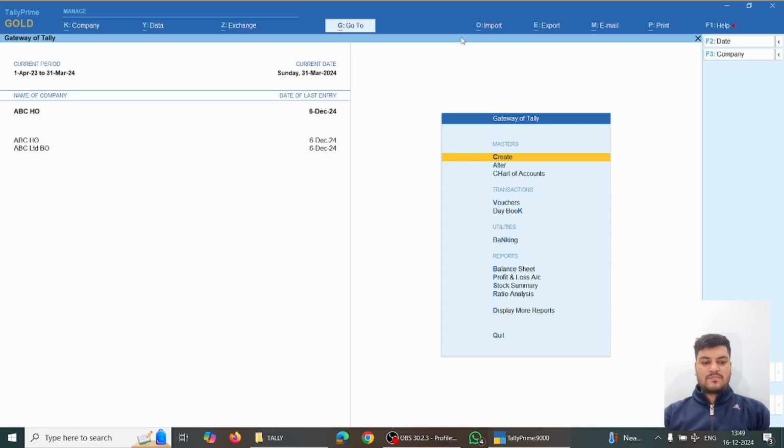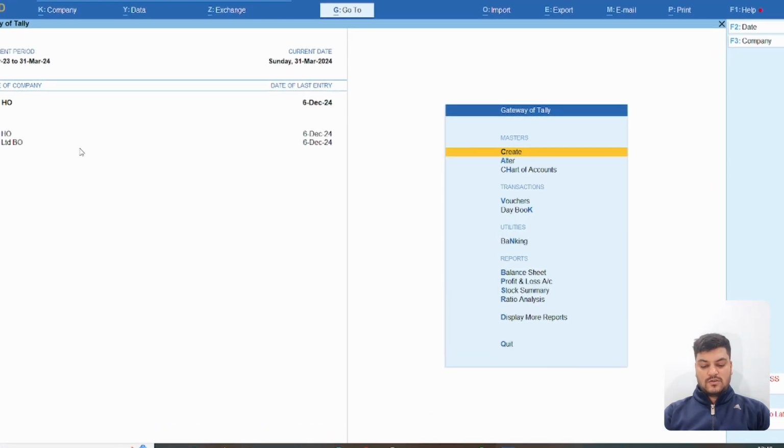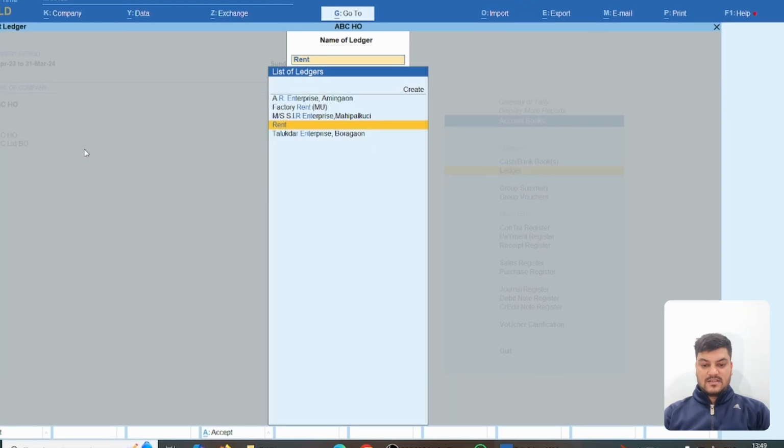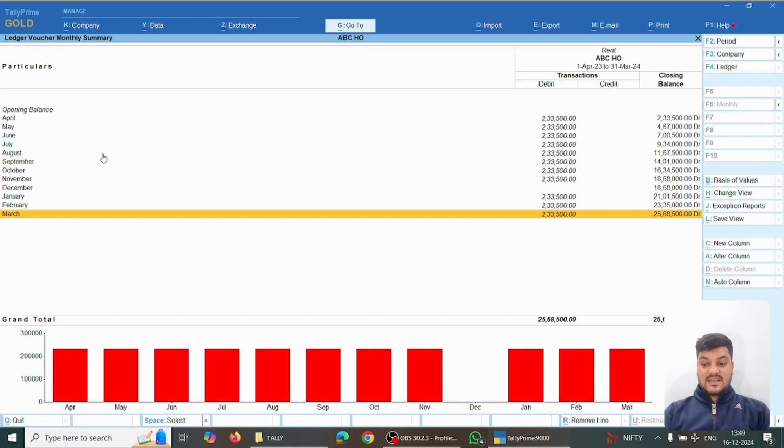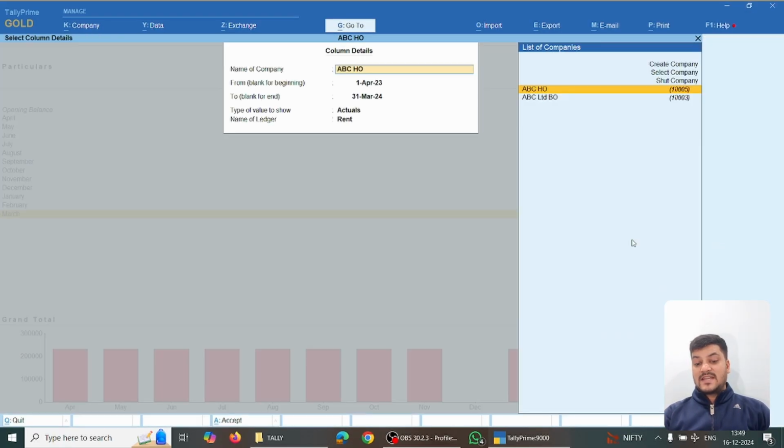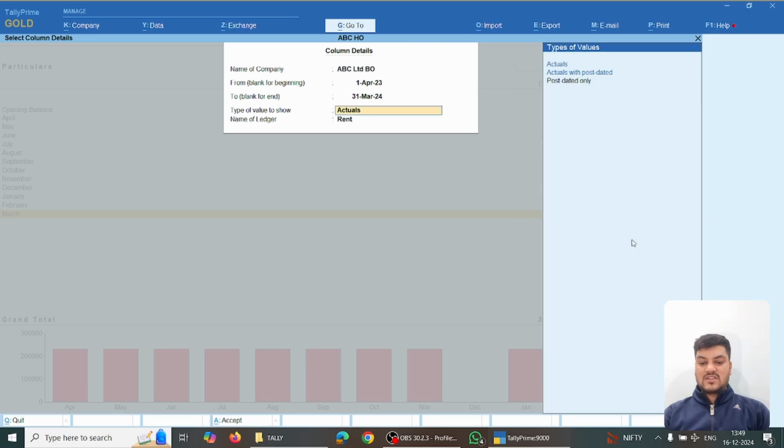The last one I have already given a glimpse. Suppose I have two companies here. So what we can do is, suppose I want to check the rent of one company and correspondingly the rent of another company. So what I can do is display accounting rent. Suppose I have opened this F6. Here once again I will go to new column, and the best thing is that you can also choose another company's column, not only the same company but another company. And suppose I want this, and actuals and rent,